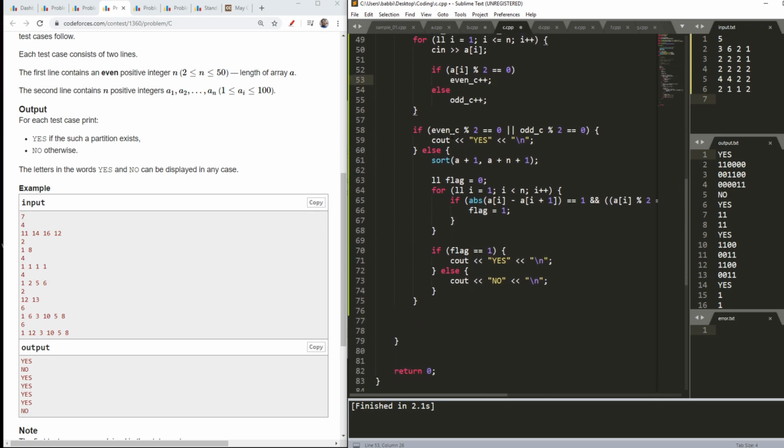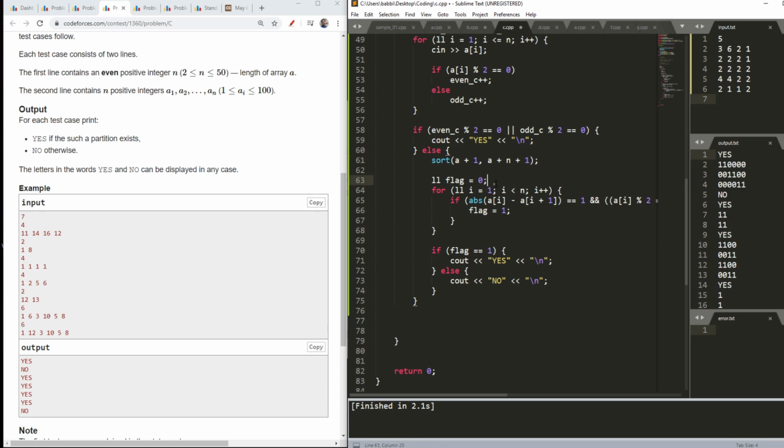And next I will check, because see, the numbers are even, so if any of this is even, then the other will also be even. So I just do this, although it is not required, and you can do one only, but yeah. Else, what I can do is I will first of all sort it, because as I showed you, adjacent elements may have the minimum difference possible, and I need to opt for the ABS of difference to be 1.